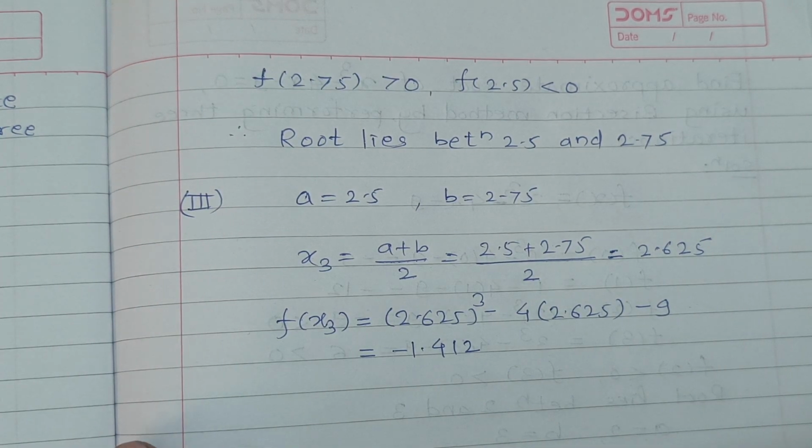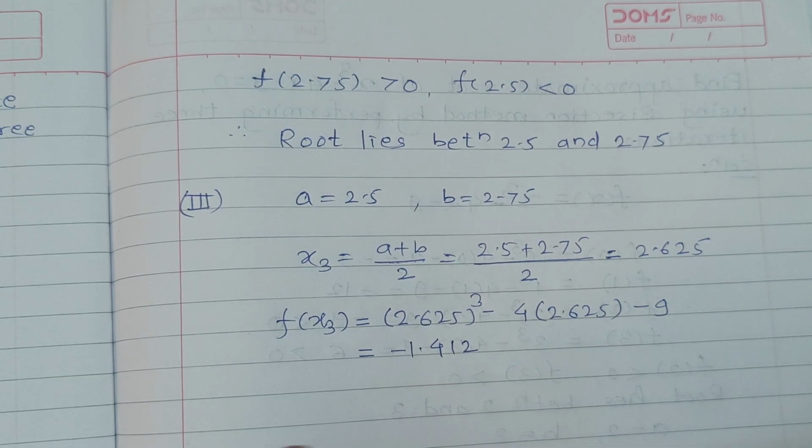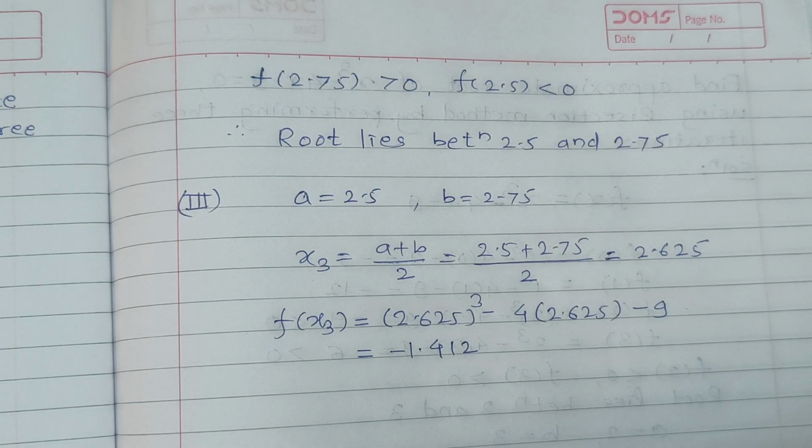Now comparatively this value is near to 0 and we have to perform 3 iterations. Therefore after 3 iterations approximate root is